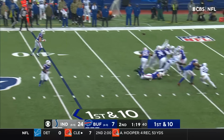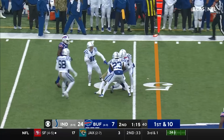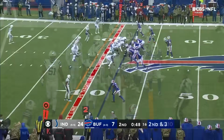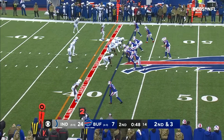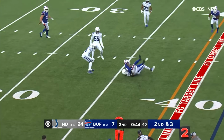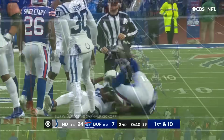Into the nickel, 1st and 10. Underneath they go, and this is Dawson Knox. Landed there at midfield to get him along with Isaiah Rodgers. Buffalo with 2 timeouts. And they go underneath here, and it was a catch by Diggs, who was lassoed by...